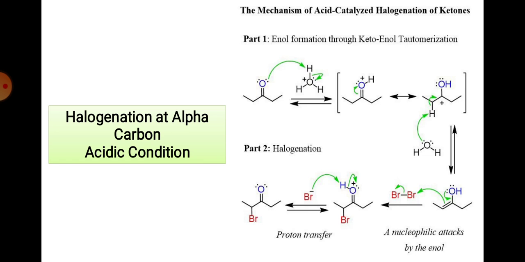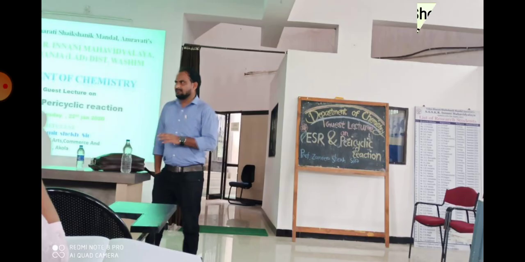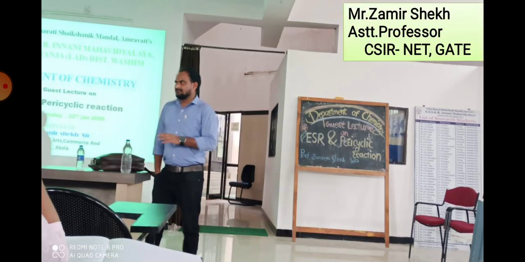And that's why if you have cyclohexanone and react it with bromine in acetic acid, you get the 2-halo cyclohexanone, and that is a susceptible reactant in the Favorskii rearrangement reaction. That's why in acidic medium it is not possible to do multi-halogenation, but in basic medium it is a limitation. So you must remember the mechanism of this one. This is all about the reactions and the importance of the alpha carbon in organic chemistry. Due to that reason so many reactions occur.